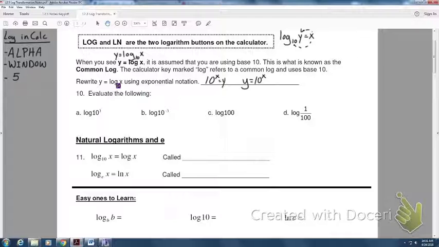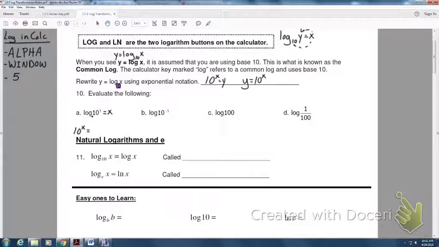Okay, looking at 10, it says evaluate the following. Now you could put these in your calculator. First couple though, we're going to fish hook, because I want you to make sure that you're aware of something if you do have to fish hook it. So I'm going to set this equal to x because I'm just figuring out what this equals. So if I fish hook this, I'm going to start on the base, which is right there, which is 10. And I'm going to have 10 to the power of